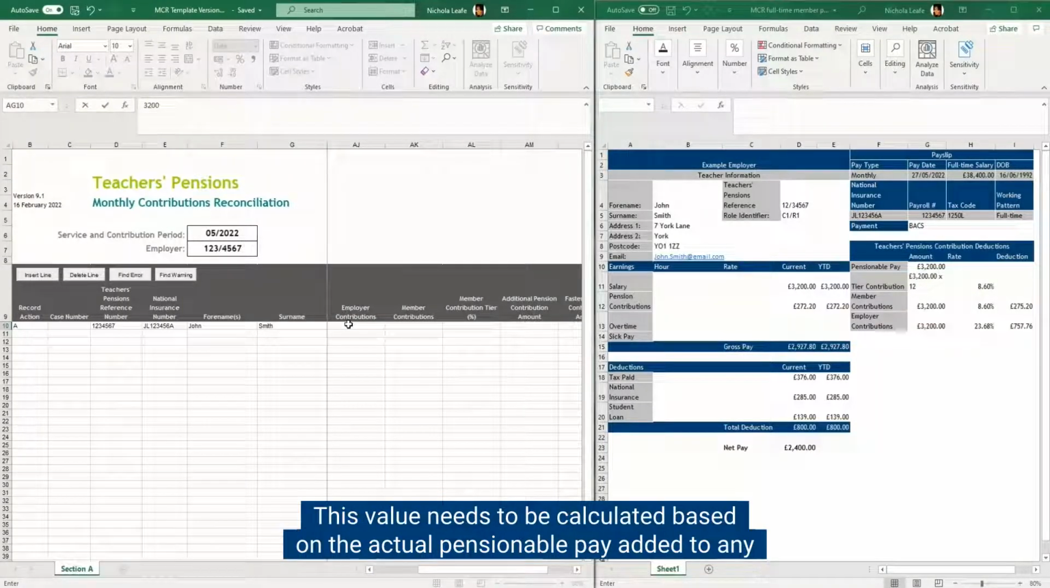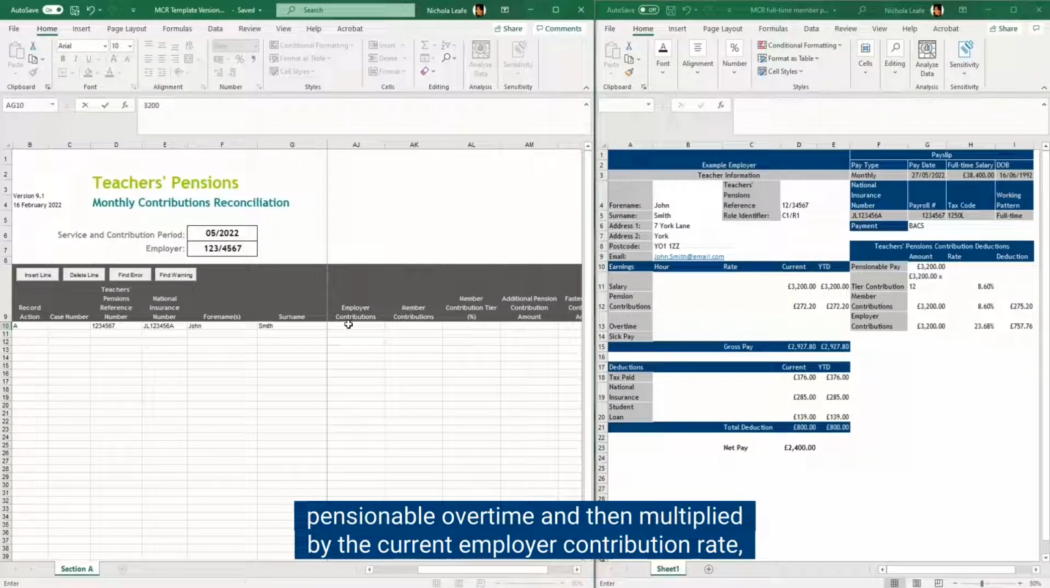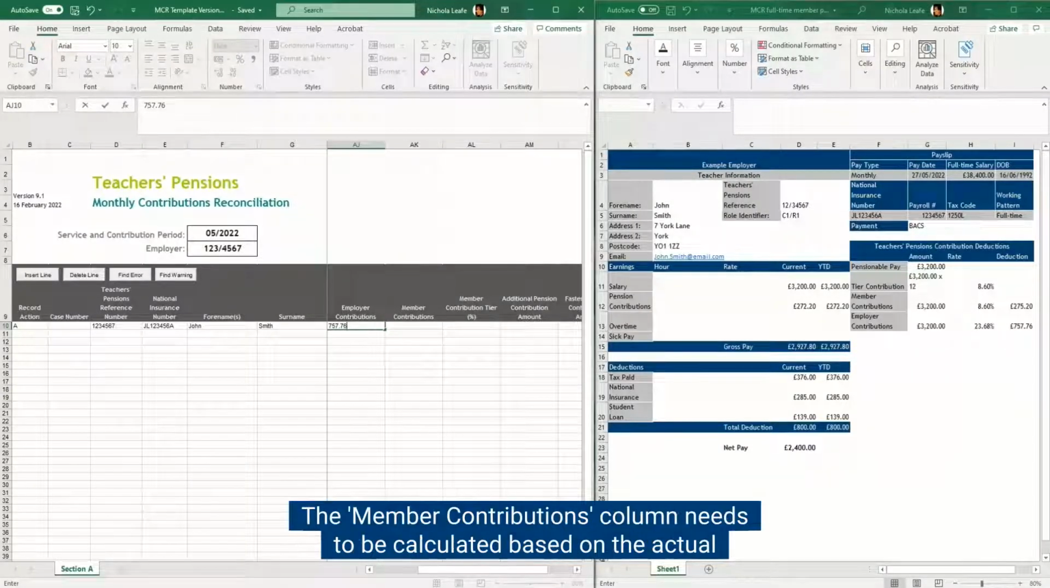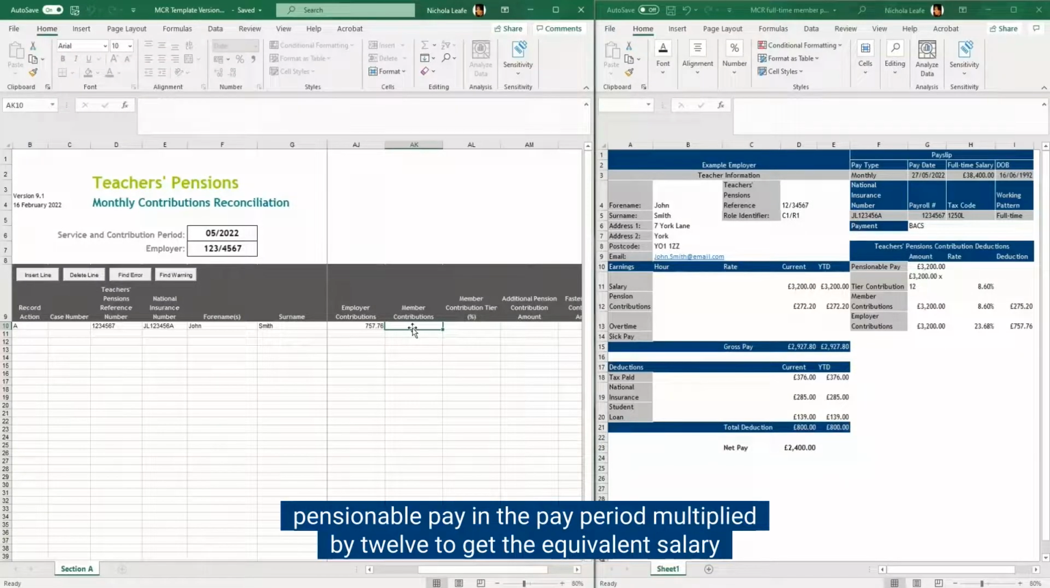This value needs to be calculated based on the actual pensionable pay, added to any pensionable overtime, and then multiplied by the current employer contribution rate, which is 23.68%. That value for our example is £757.76. The member contributions column needs to be calculated based on the actual pensionable pay in the pay period, multiplied